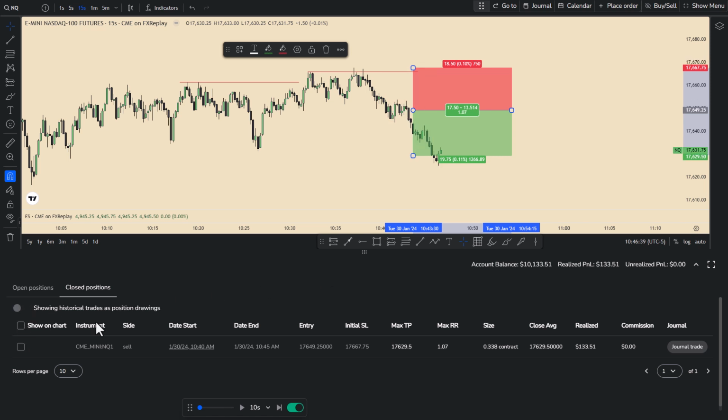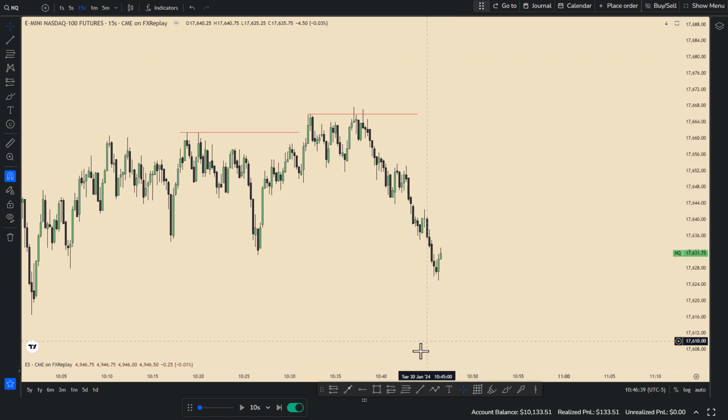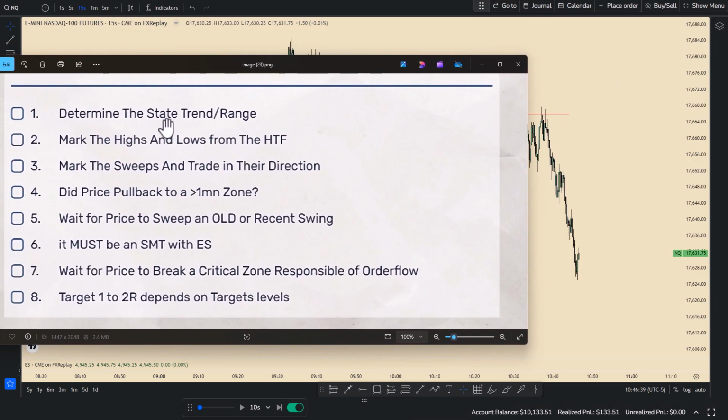Let me remove this. So I really didn't have anything to add from here. I wanted maybe a deeper pullback. We didn't have that. So 1 hour, beautifully here. And you see that we pretty much checked all the conditions here. Determine the state: we are in a trending market. We had a small range. We marked the highs and the lows from the higher time frame to determine the ranges, the previous zone. We mark the sweeps and trade in their direction,